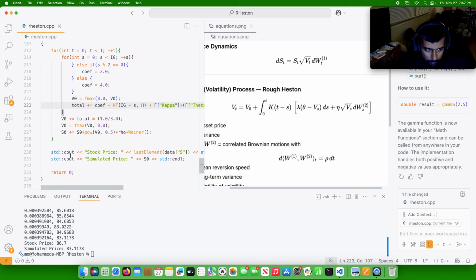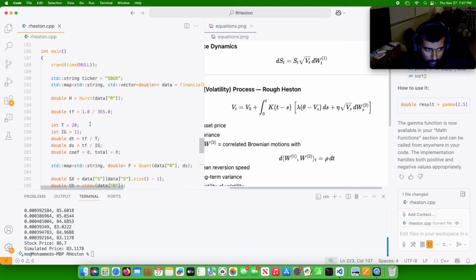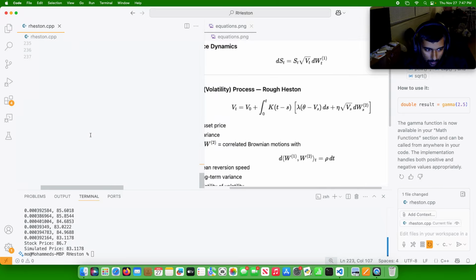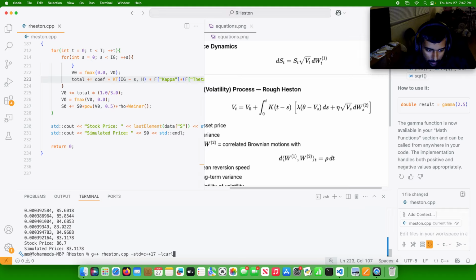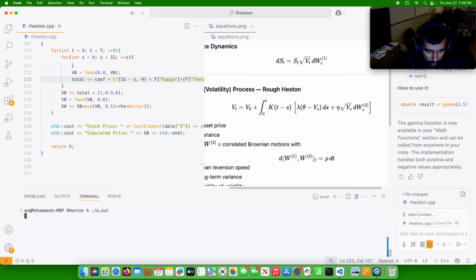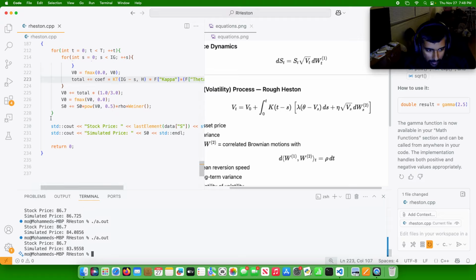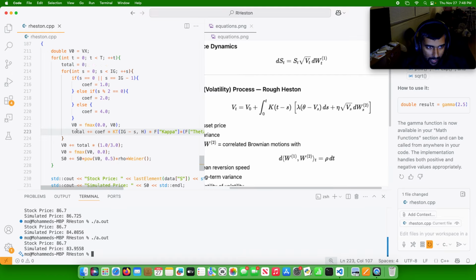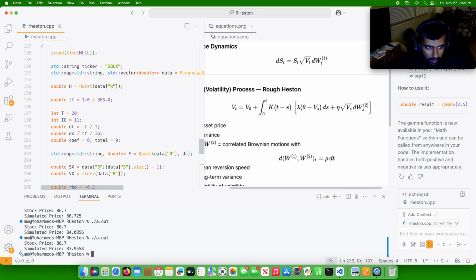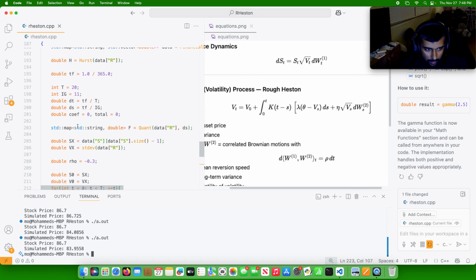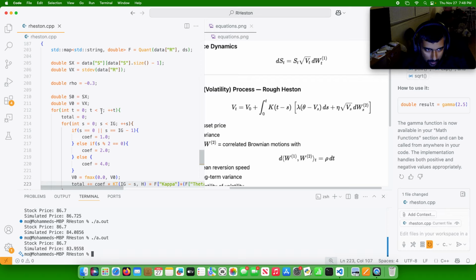So now that I have these, I'll go ahead and compile it again. Clear, a.out. Okay, 86, 7, 25, 84. So it's well within a good range, but now I have to increase my steps and